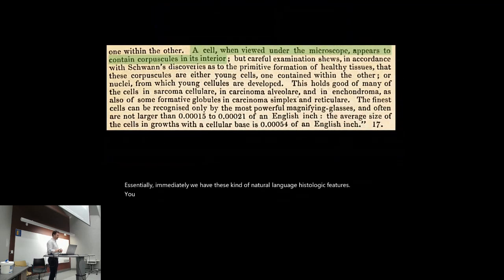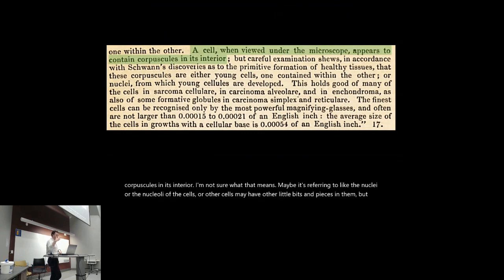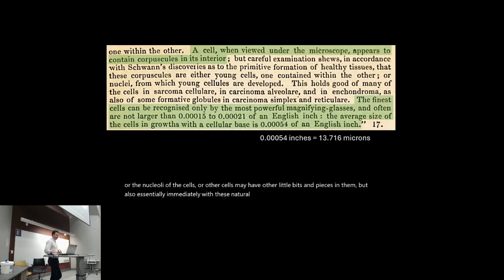And other descriptions, like a cell when viewed under the microscope appears to contain corpuscles in its interior. I'm not sure what that means. Maybe it's referring to the nuclei or the nucleoli of the cells, or other cells may have other little bits and pieces in them. But also, essentially immediately with these natural language histologic features, we also get quantitative features that actually match pretty well the sizes that we would expect, based on looking through our microscopes now in the 2020s. So we basically right away have these two paradigms of histologic features, the quantitative features and the natural